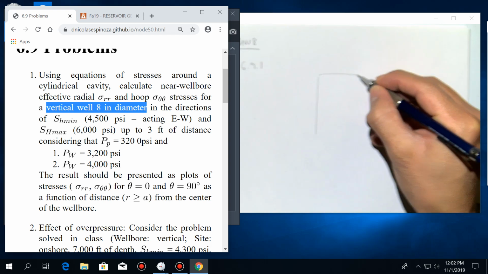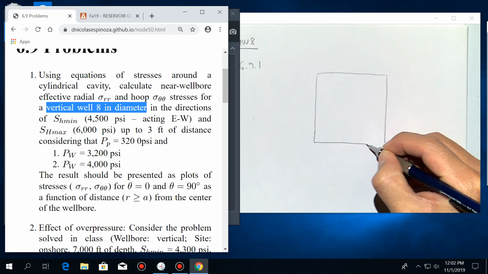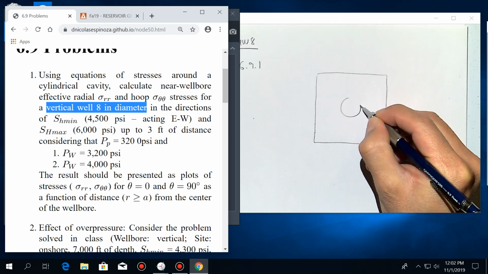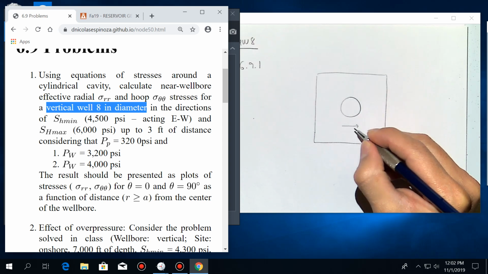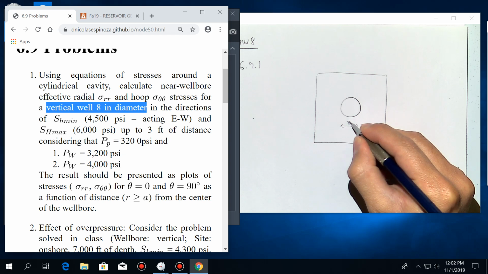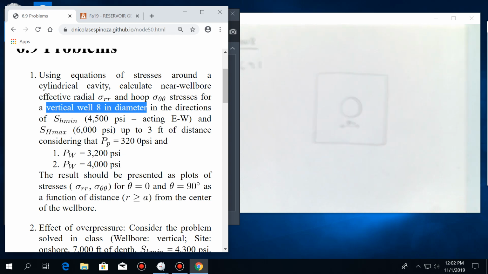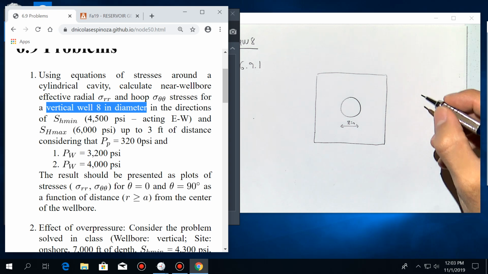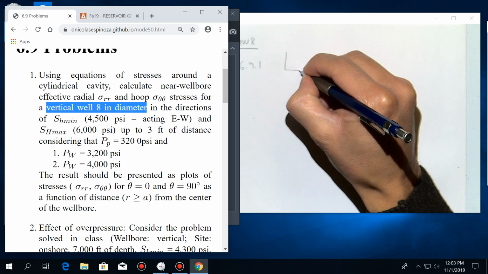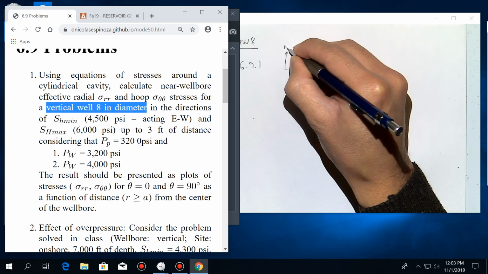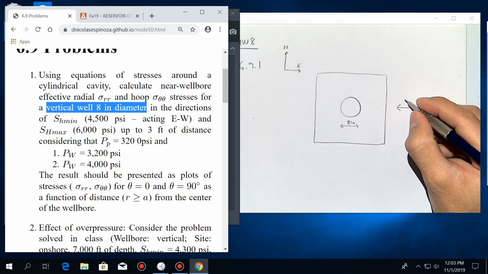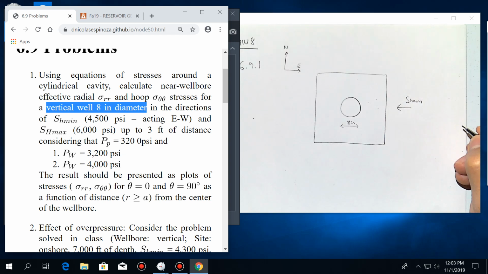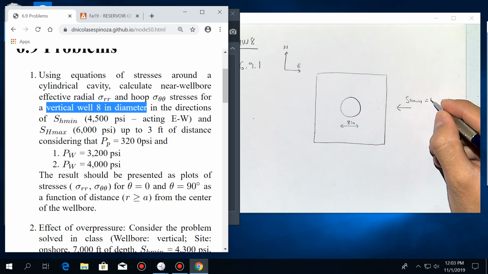me just start with a square here. The wellbore is going to be here. The diameter is going to be 8 inches. And what else? We have SH min and SH max. SH min is acting in direction east-west. So if we add here, this is the north, this is the east. This is going to be SH min equal to 4,500 psi,